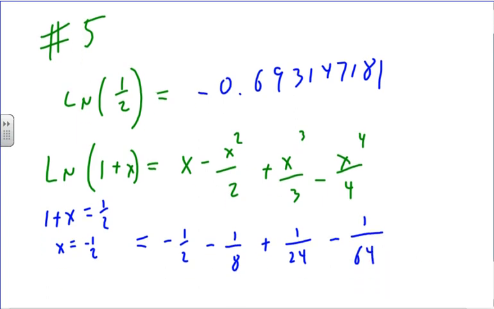Okay, so minus 0.5 minus 1/8. No, I hit the wrong button. Minus 0.5 minus 1/8 plus 1 over 24 minus 1 divided by 64, and I end up with minus